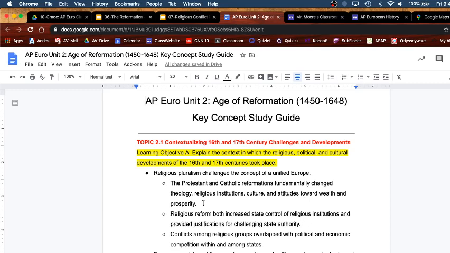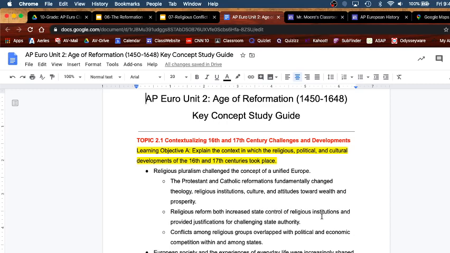Religion impacts how we see the world. This next bullet point says religious reform both increased state control of religious institutions and provided justification for challenging state authority. One of the things we talked about was somebody like Henry VIII, who is going to become the head of the church in his own kingdom, and thus he's going to consolidate both political and religious control. And so you're going to see that he's going to get more control over religious institutions, and that's the prime